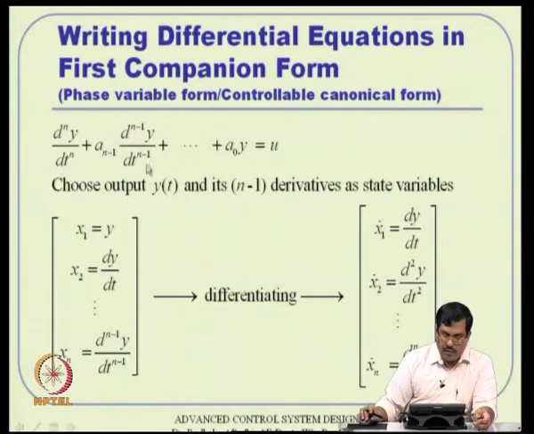Suppose this is a system differential equation, again y is a scalar and u is a scalar, but still it is given by an nth order differential equation on the left hand side. Because it is nth order, we will require n system variables to represent the system dynamics completely, in a first companion form, which is also called phase variable form or controllable canonical form. So, what you define is x 1 equal to y, we start in a reverse order sort of thing, then x 2 equal to y dot or dy by dt, and all the way we go to x n, which is the n minus 1th derivative of the output. So, you start with the 0th derivative, first derivative, up to the n minus 1th derivative.